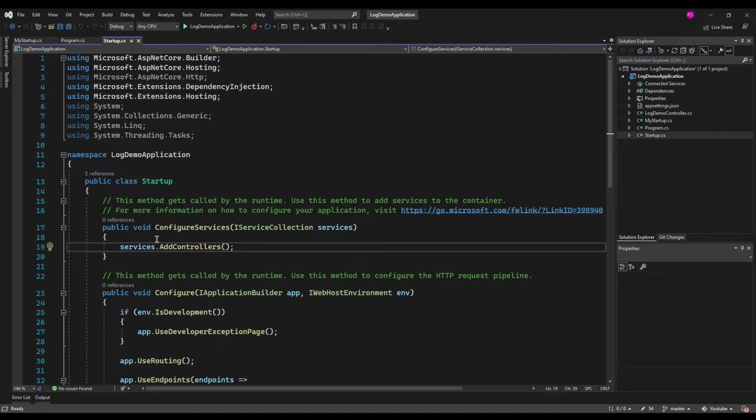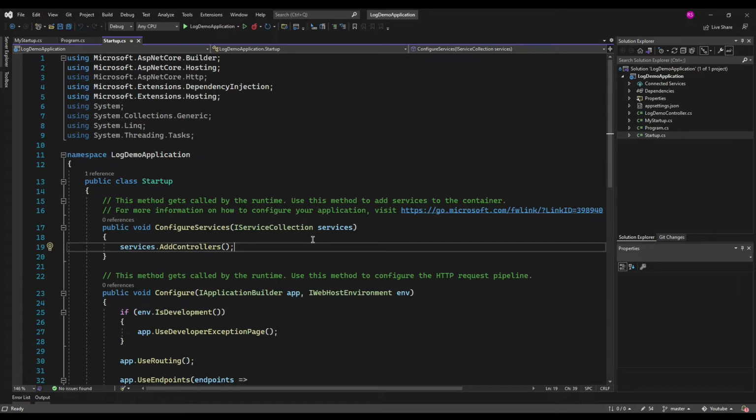This method receives IServiceCollection as a parameter. The IServiceCollection is the collection in which we need to register our additional services which we want to register